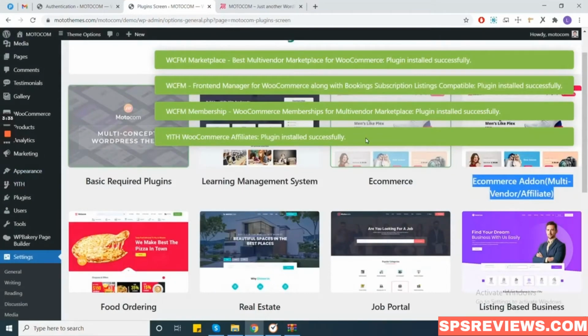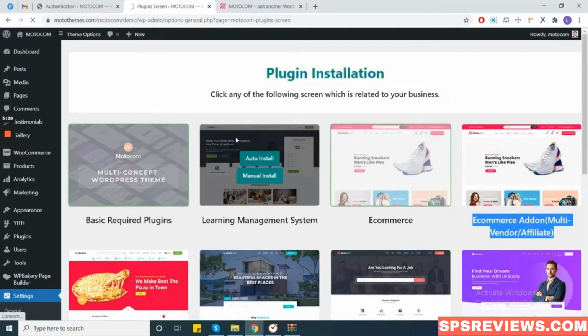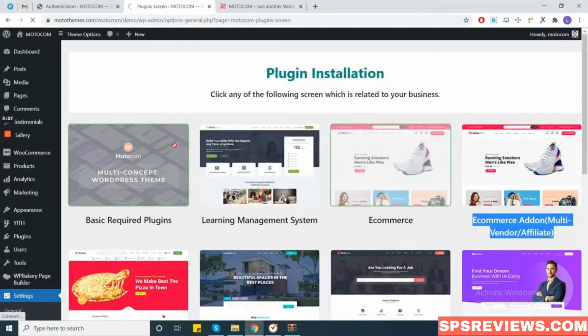You can successfully see the plugins being installed.